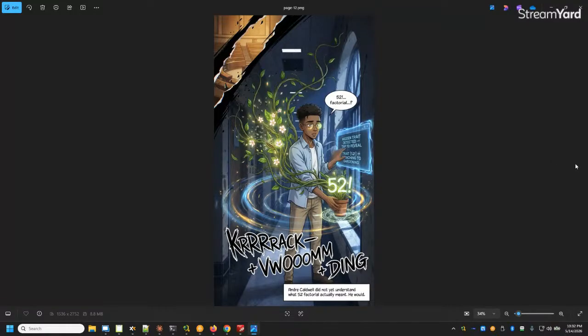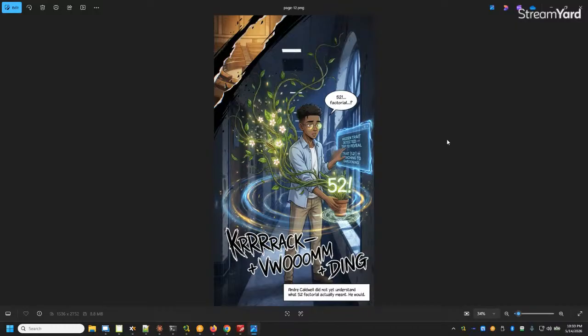Where his special trait is 52 factorial. Now, I don't know how well versed y'all are in math, but 52 factorial. Think about it. It's 52 times 51 times 50 times 49 times 48, so on and so forth, right? Once you get done, some people say the number is almost the number of atoms in the universe. Some people say it's a lot less than that. But the point is